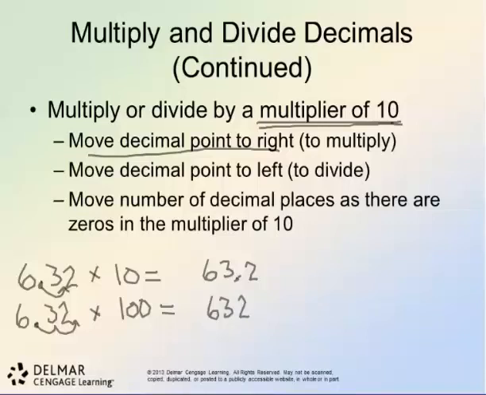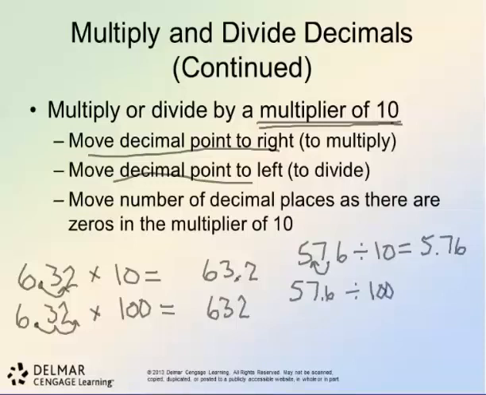Now when you divide, the decimal point will go to the left. So if I had 57.6 and I divide that by 10, the decimal point will go to the left 1 place for each factor of 10 that you divide by. So that's 5.76. So if I have 57.6 again and I divide it by 100 this time, the decimal point